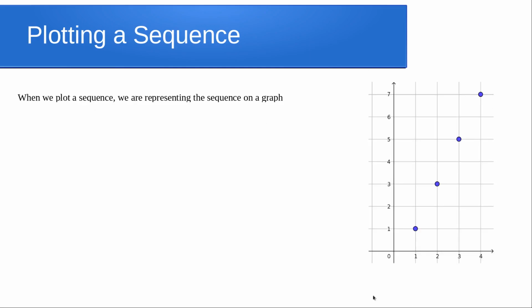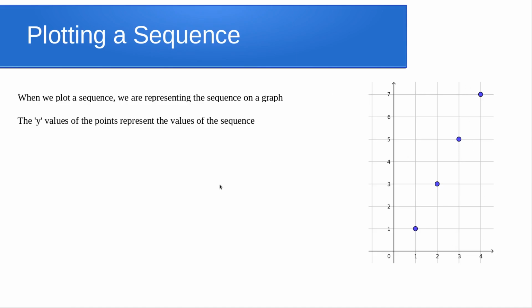In this video we're going to learn how to plot a sequence, and this is a way of representing our sequences in a graphical way like this. And the thing that's important here is that the y values, the heights, represent the value in the sequence. So here the first term is 1, the second term is 3, the third term is 5 and the fourth